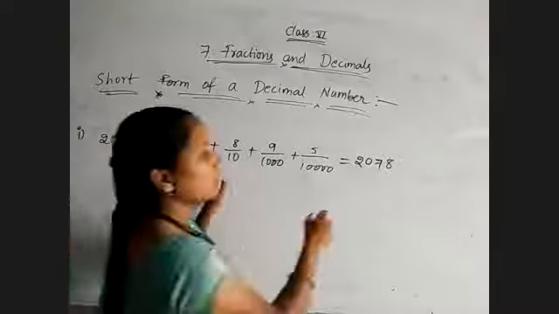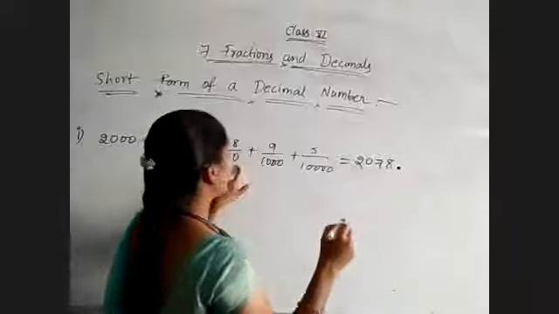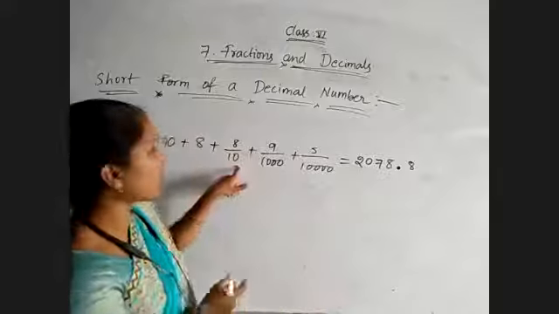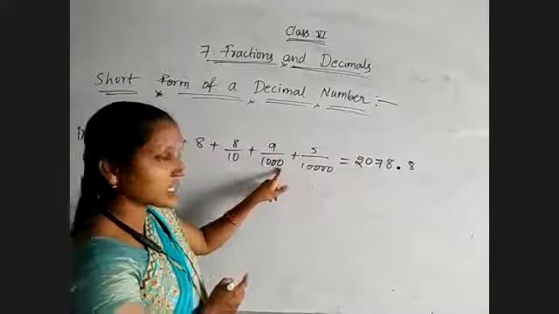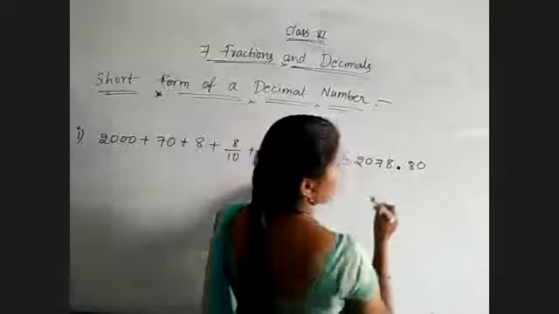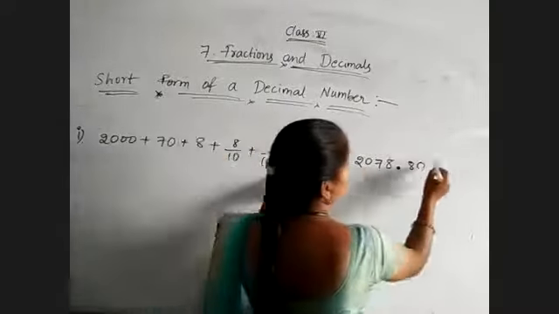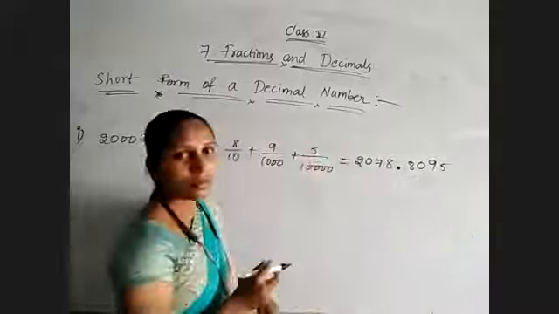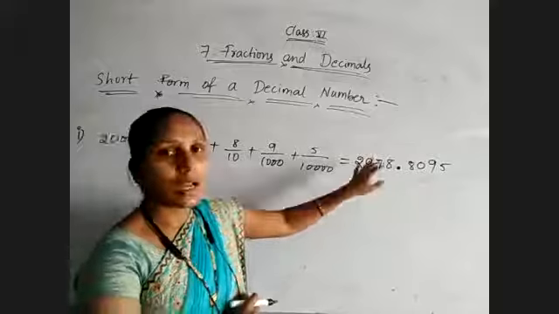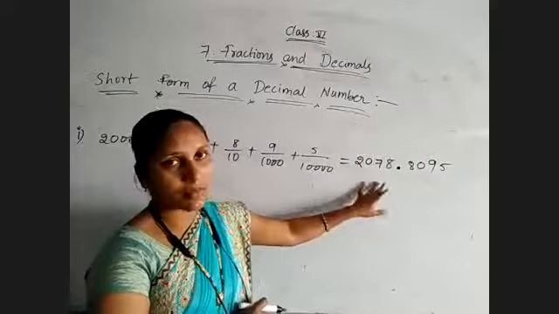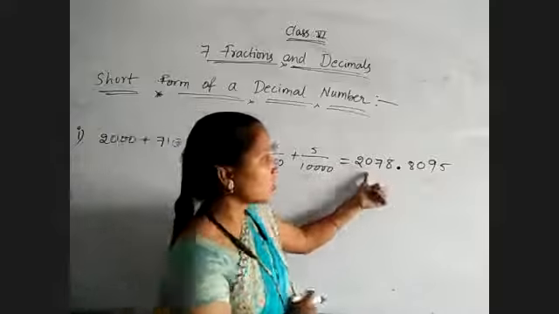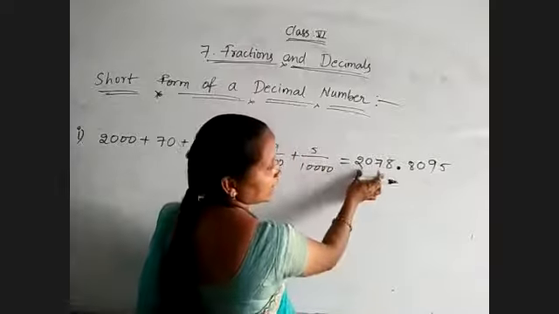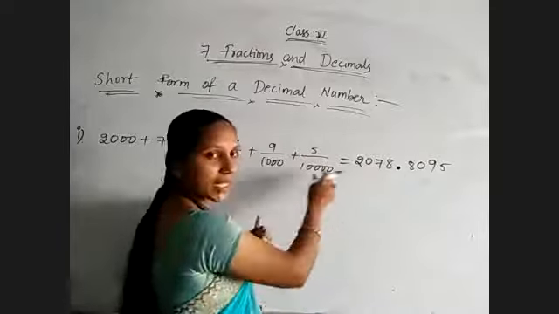Okay. Now in the decimal part, the 8 is in the tenths place. Okay. After tenths place, we must get the hundredths place. The hundredths place digit is a 0 again, and 9 is in the thousandths place, and in the ten-thousandths place we have 5. So it is known as short form or standard form or normal form or ordinary form or lowest form. So this number is 2078.8095. If you have any doubt, try to write its place values, the expanded form, then you will definitely get this.